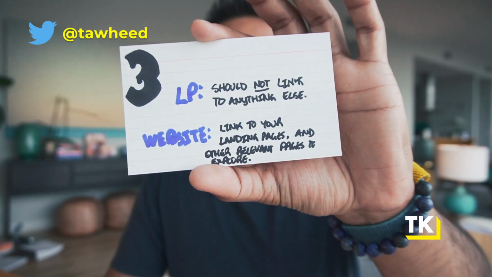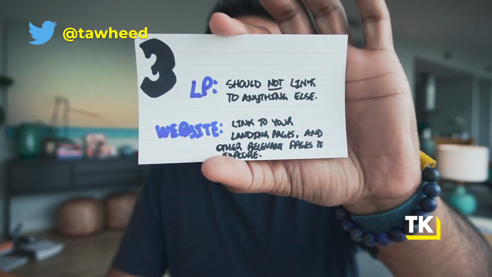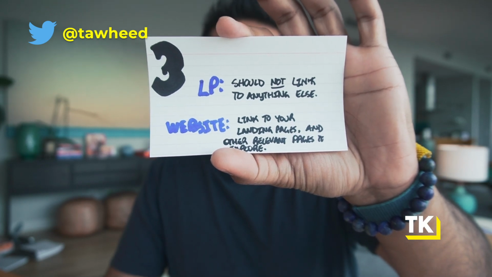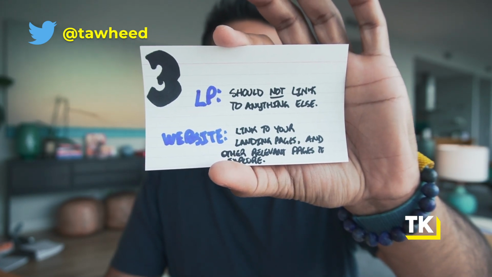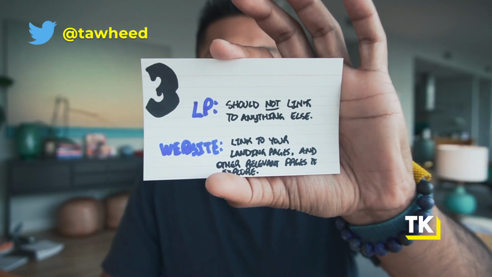Whereas on a website, you should actually link to your other landing pages. Meaning, if you have a great landing page that has your manifesto, like for us, we have our five-point SaaS growth strategy guide. It's our manifesto. Well, on our homepage, we want to link to that. On your website, it's a huge opportunity to catalog and make it the hub of all the other landing pages that you offer. That way, when you get organic traffic and they're exploring, one of those things is going to pique their interest, and they'll get into a landing page and actually become a lead.